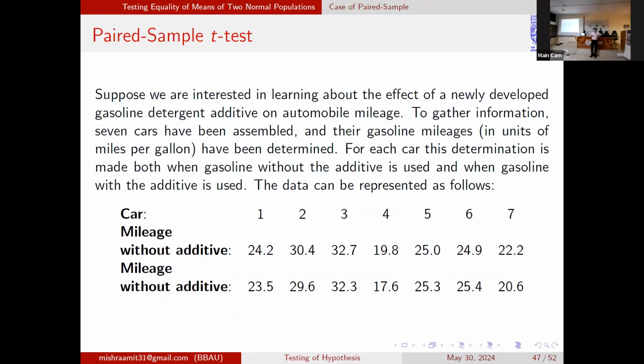इसी तरीके से पेयर्ड आता है। पेयर्ड मीन्स जब आपका डेटा इंडिपेंडेंट ना हो, जैसे मेल फीमेल है, यहाँ डेटा इंडिपेंडेंट था। पेयर्ड का एक एग्जांपल जैसे उन्होंने लिया है कार और माइलेज। नाउ यू कैन विदाउट एडिटिव एंड विद एडिटिव मीन्स, जैसे हम लोग पेट्रोल डलाते हैं, पेट्रोल में वो कहते हैं ना एक बढ़िया वाला है, उसमें एडिटिव मिला देते हैं, कहते हैं एडिटिव मिला लो माइलेज बढ़ जाएगा। सो हम ये एक्सपेरिमेंट करना चाहते हैं, भाई सेम कार में दोनों डाल के देखो ना, तब काम बनेगा।